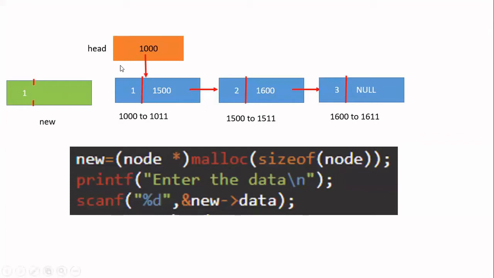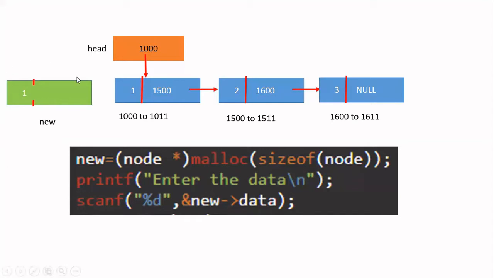So what is the meaning of insert at beginning is, create means adding the first node. Now some linked list is already existing. To that I am going to add one more new node. Okay, that is called as insert. And where you are going to insert, based upon that we have three cases. Now we are going to see insert at the beginning.